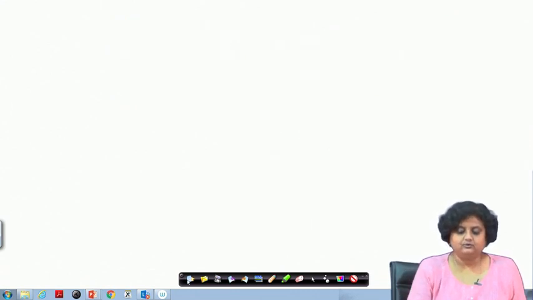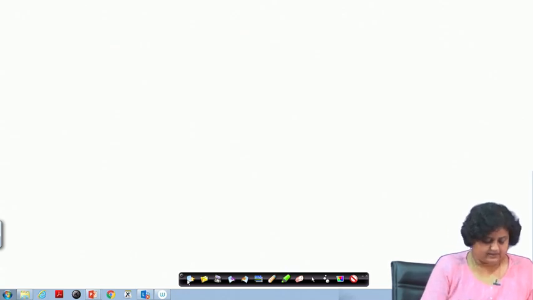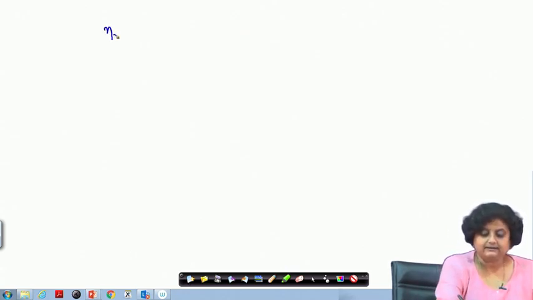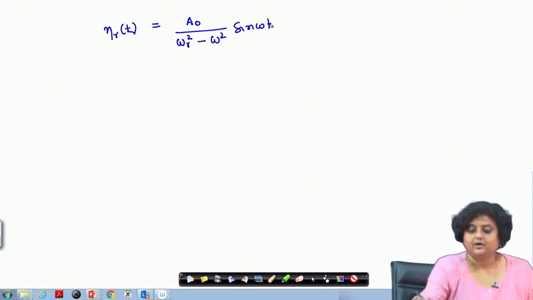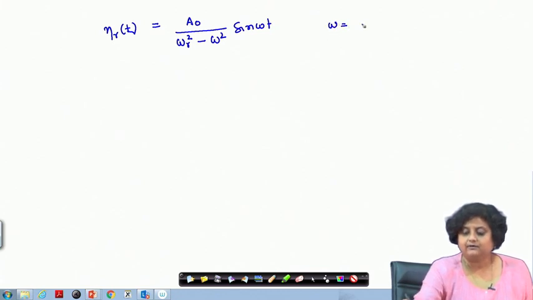So, let us try to do that. If we do that, we will see that eta r(t) is going to end up as A0 by omega r square minus omega square into sin omega t,